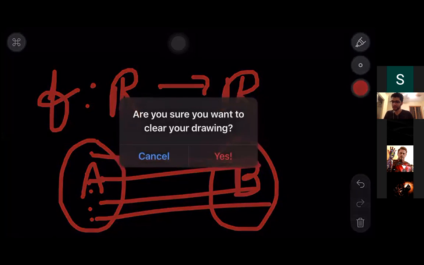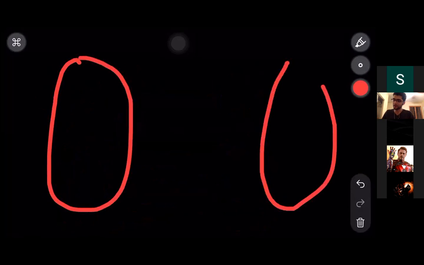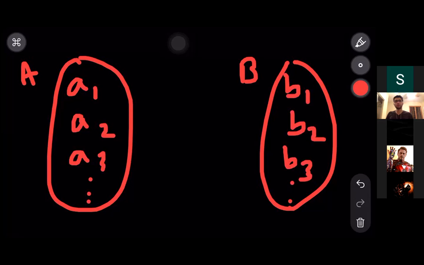Okay, so let's look at it in a slightly more explicit way. So now we have object A and we have object B. Here let's say we have some elements A1, A2, A3 dot dot dot. We don't know how many elements there are. If it's the set of real numbers, there are infinite of them. But I could say that my object A only has 10 elements, 1 to 10 or whatever. And here there are elements B1, B2, B3 dot dot dot. Okay. Now my function will map an object from here to an object from here,